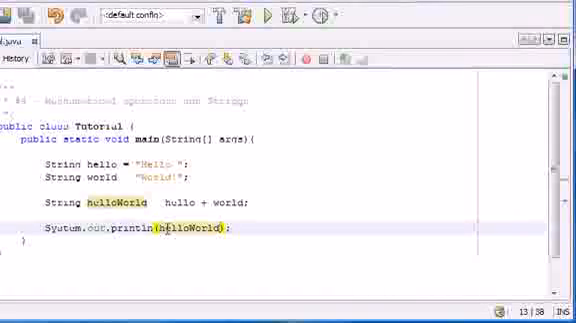Okay. That's it for this tutorial, guys. Hopefully it was useful. We learned about mathematical operators, strings, and how we can add strings together, concatenate strings. In the next tutorial, we're going to be going over methods, how we can create our own